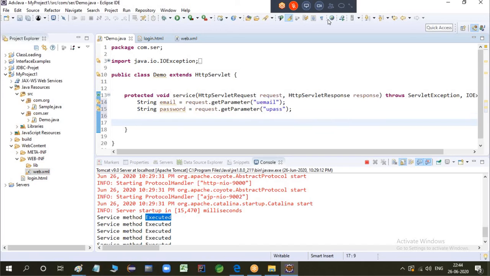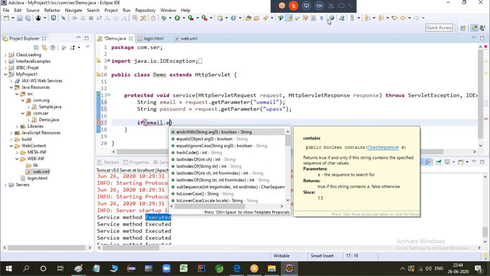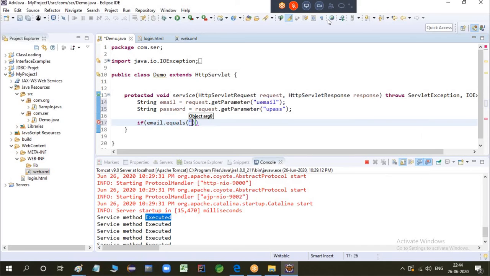All right, so you have username and password. If you wanted to verify, you can just give some simple logic like if condition, email dot, you can use equals method to compare the string objects. So whatever the email you are writing, at topple.com and password